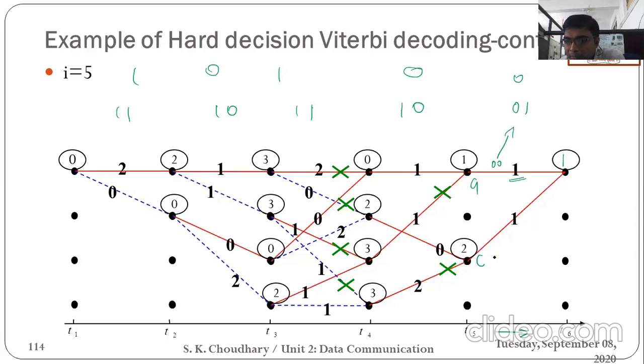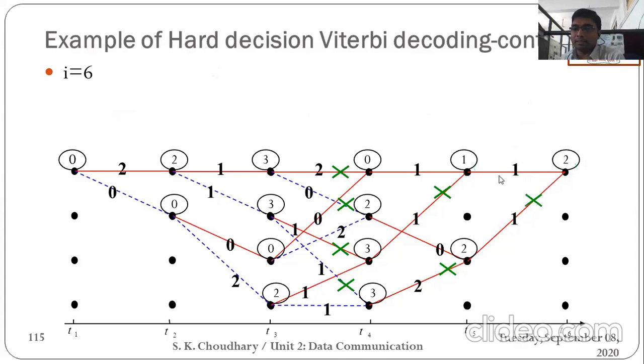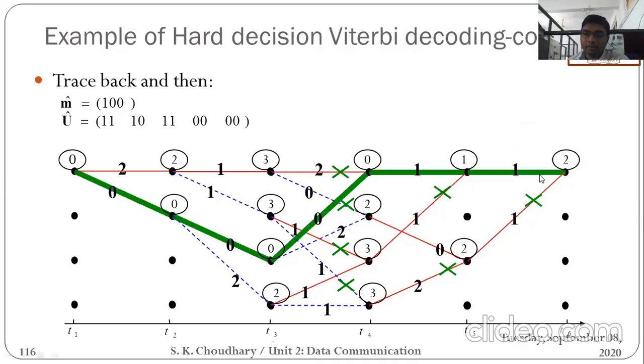When you receive the input 0, you would be transferred to the state A. And your output is 1, 1. Compare the 1, 1 with 0, 1. You have Hamming distance again 1. That is 1, 3. Okay. There are the 2 values of metric of state A. So which is the lowest value? 1. And 1 is generated from where? This particular branch, A to A. So the surviving path is only this, and the other path would be discarded. Okay. So in this way, the remaining was 2. So this was the way that we do the Viterbi decoding method.